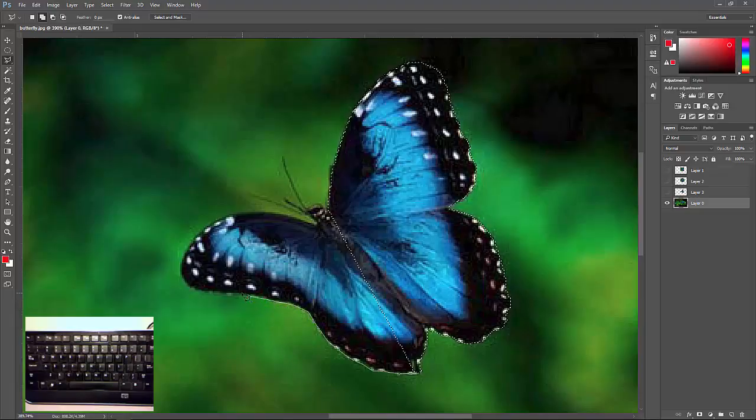So I'm simply going to continue what I was doing, and I'm not going to accidentally click too fast, which will end my selection, and I have to start over again with the Shift key and continue on, and it just makes it more complicated. So I'm simply going to